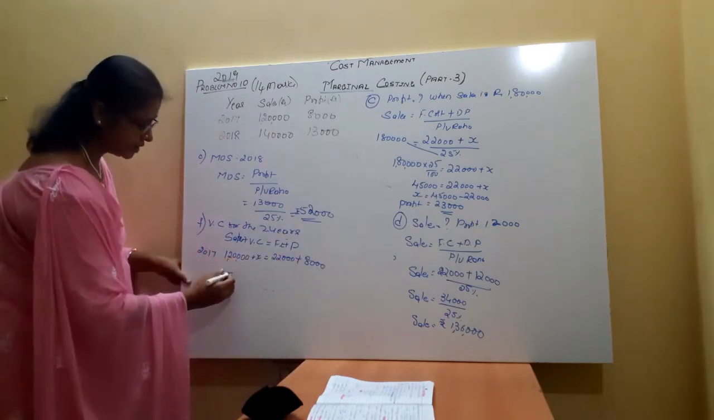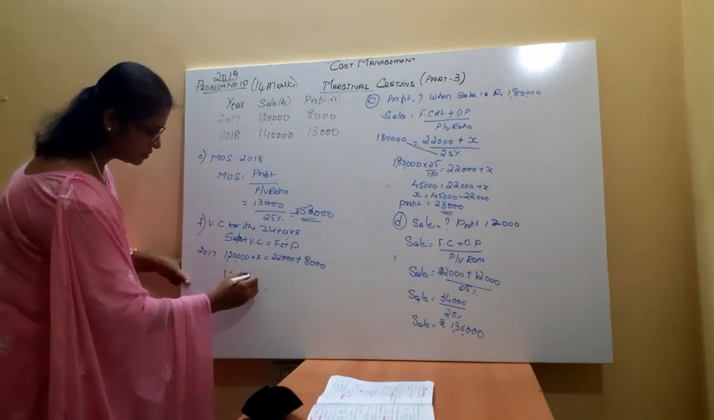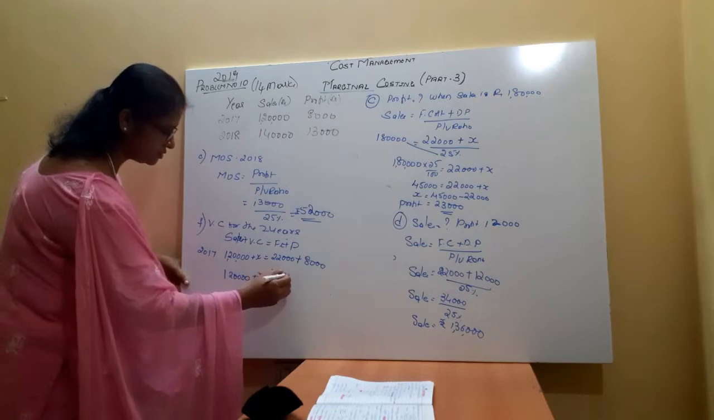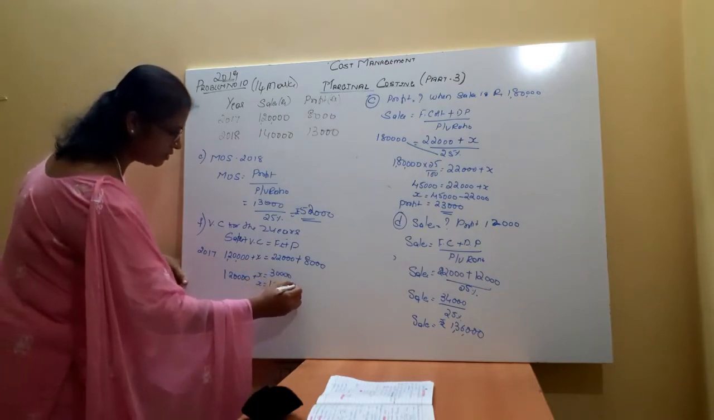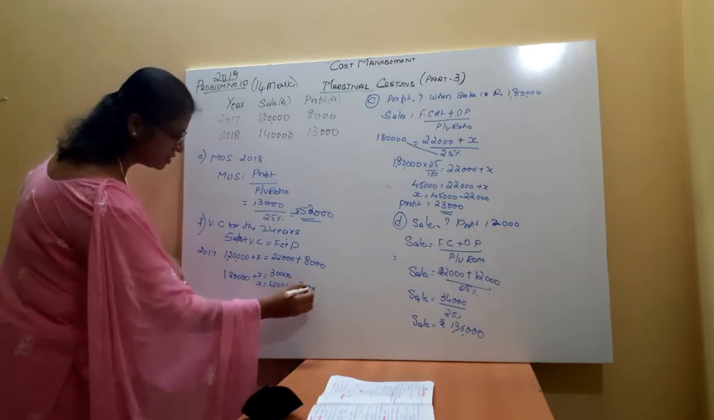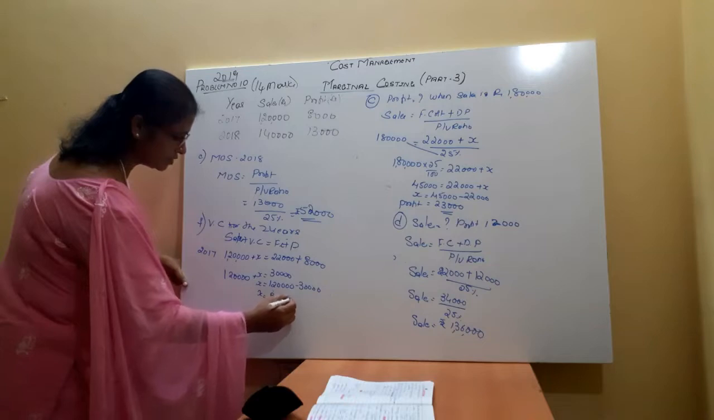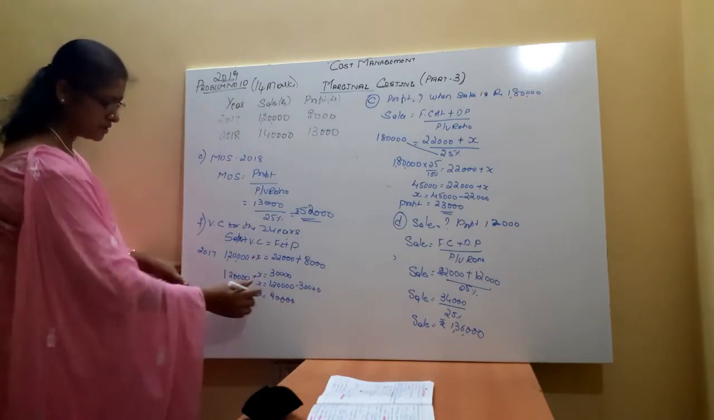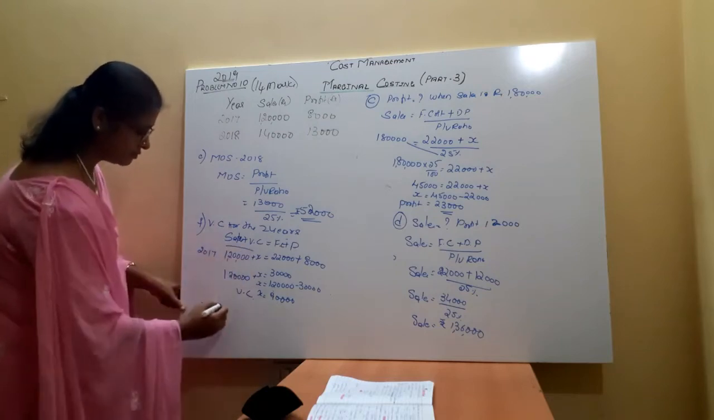So here you get 1,20,000 plus X is equal to 30,000. X is equal to 1,20,000 minus 30, which is 90,000. So the variable cost for 2017 is 90,000. Then for 2018, applying the same formula, we get